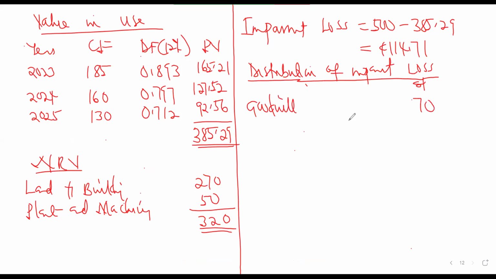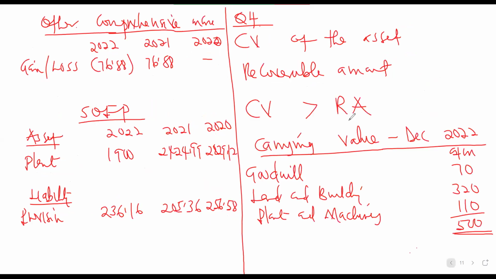So if goodwill is taking 70, how much will be left? 44.71. Okay, so the amount that will be left will be 44.71. Okay, that is something that I will be showing you over here, which is also important. Okay, let's come to